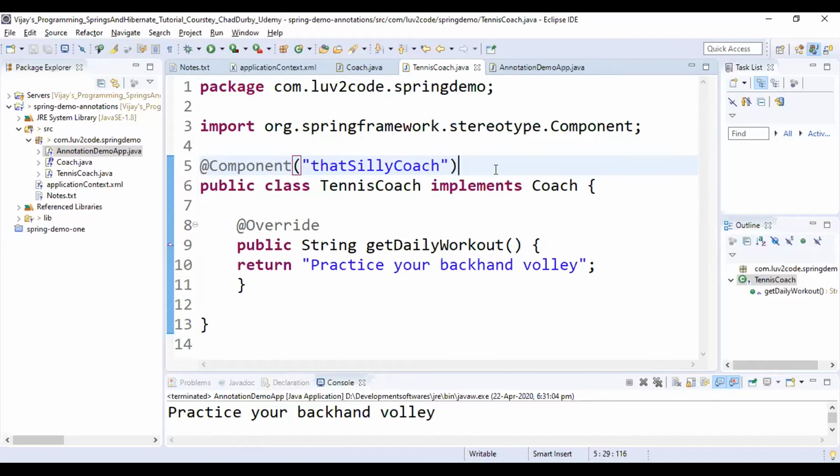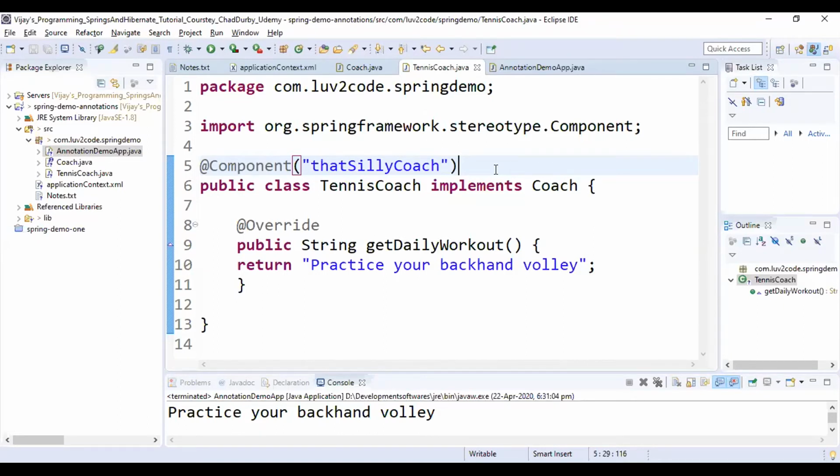We have accomplished the task of configuring the Spring using Java annotation.